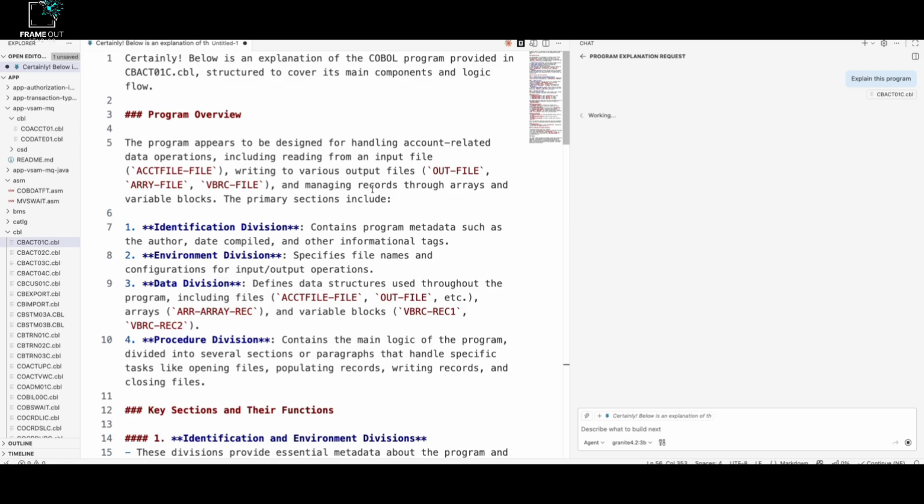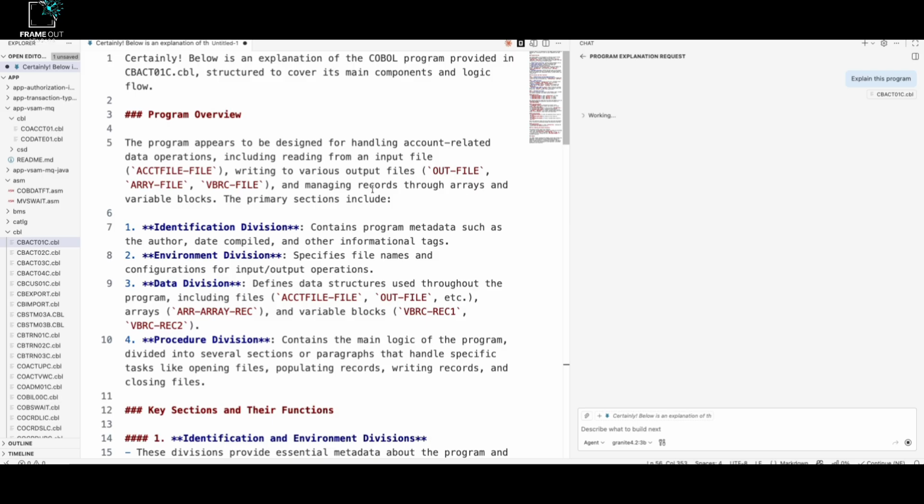It is not thinking and processing at the same time. But this 4.2 3B model, since it is a thinking model, should give you a concise overview of the program. As you can see, it is taking its own sweet time to process that,